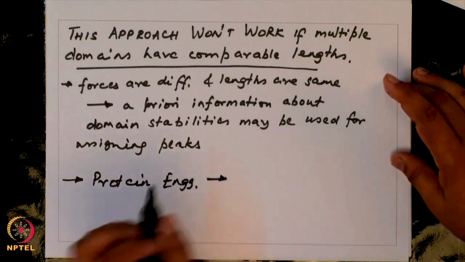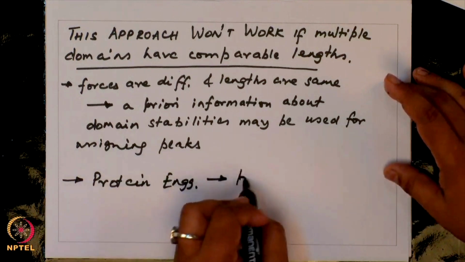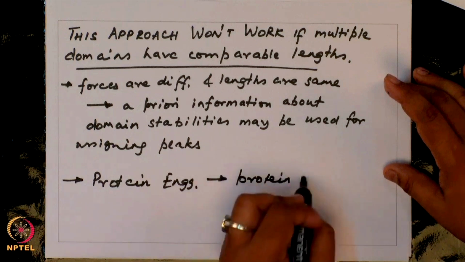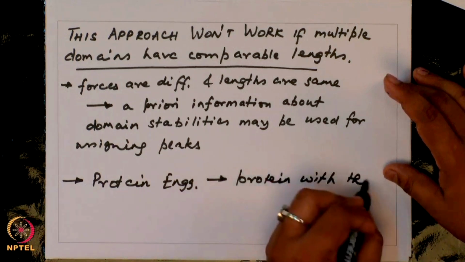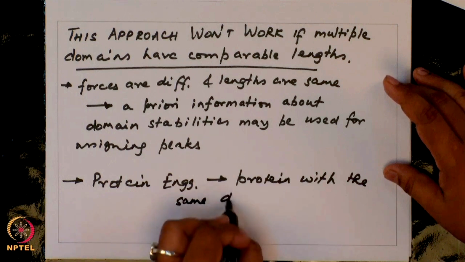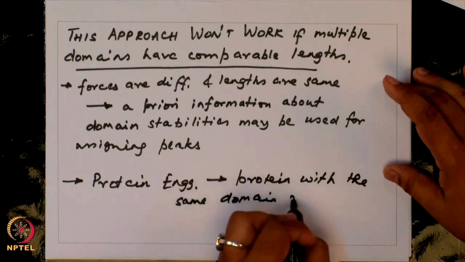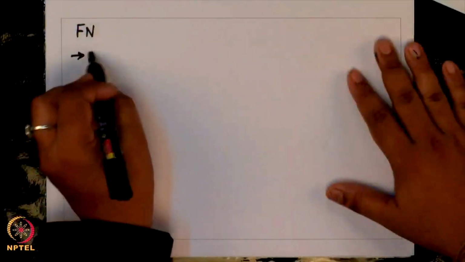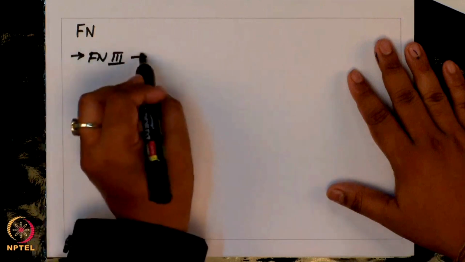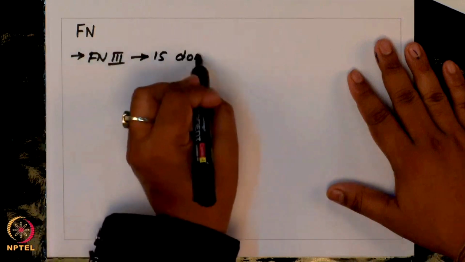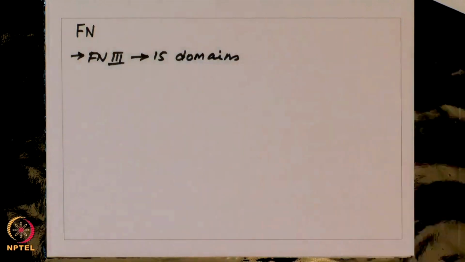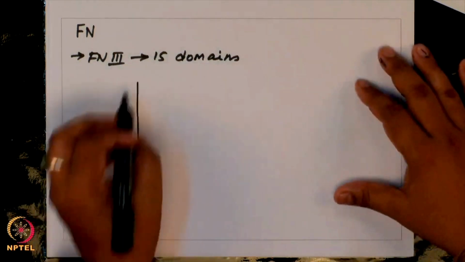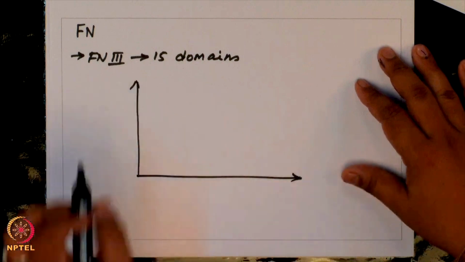where you make a polyprotein. So you have a protein with the same unit, same domain repeating. Now, let us take the case of fibronectin. The FN3 itself has 15 domains. Now, if you pull this long a protein,